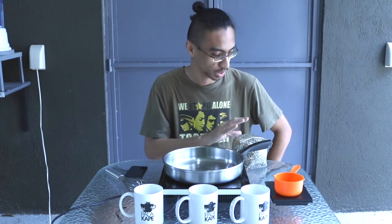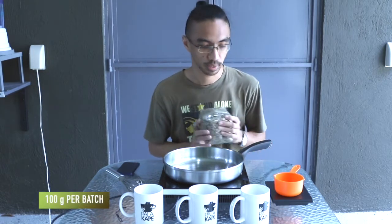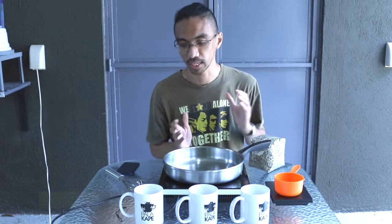What I'm planning is to roast coffee in three stages. So three batches and then three roast types. One is dark roast, another one is medium roast, and another one is light roast. 100 grams each. The reason for that is because I just want to try small batches